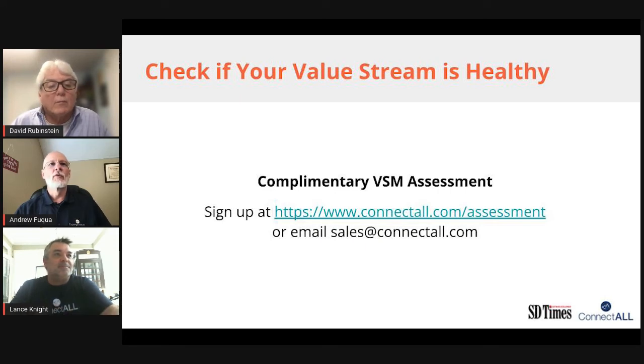I think it's overcomplicated. People tend to overcomplicate it, and between the term value stream and value stream management and value stream mapping, in a lot of the writing that you see in articles, they'll leave off one of the words. They'll be talking about management, and they'll leave off that word and leave you wondering, is he talking about mapping, or is he talking about management, or is he talking about the value stream itself? And so I think just because the words have too many syllables